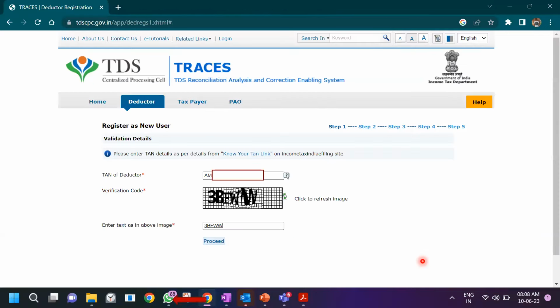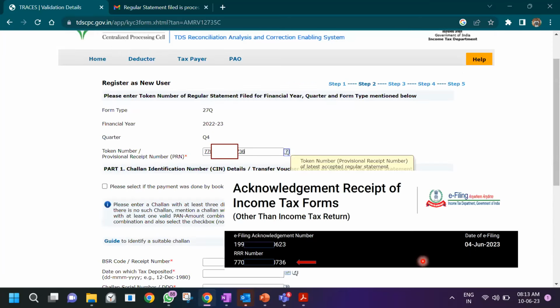Now moving back to the TDS CPC website, click on register as a new user as a deductor, enter your TAN and verification code, and click on proceed. Now you will not get that message. This is what it will bring you to. It is asking what kind of form I had filed. I had filed a Form 27Q for Q4 22-23. Now it is asking me to enter